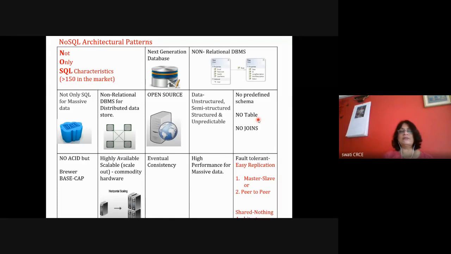Some of the customers will have some of the fields, some of the customers will not have those fields, and space is not occupied for the customers who do not have those fields. So there is no fixed or predefined schema. So you get the flexibility. Okay, and you can even store unstructured data such as audio files and video files easily.